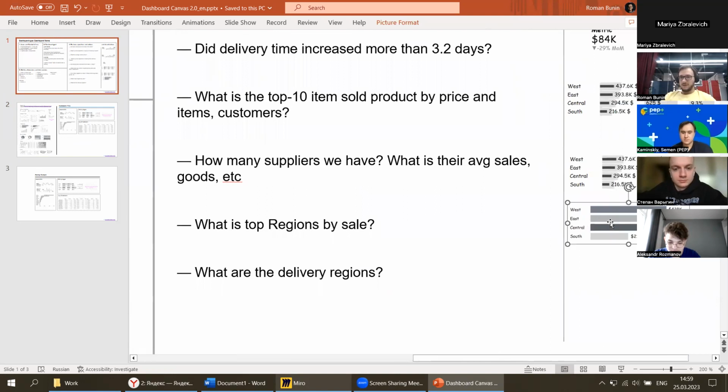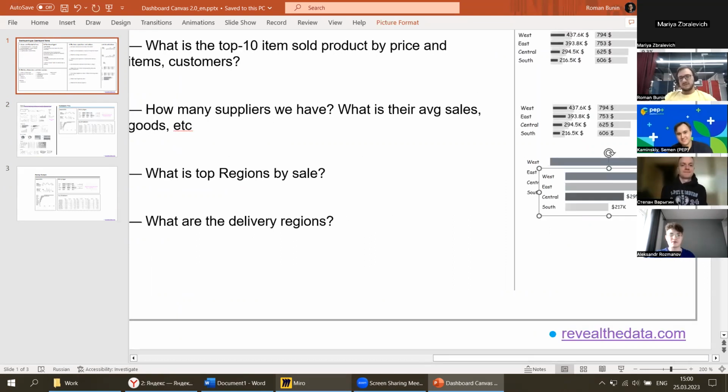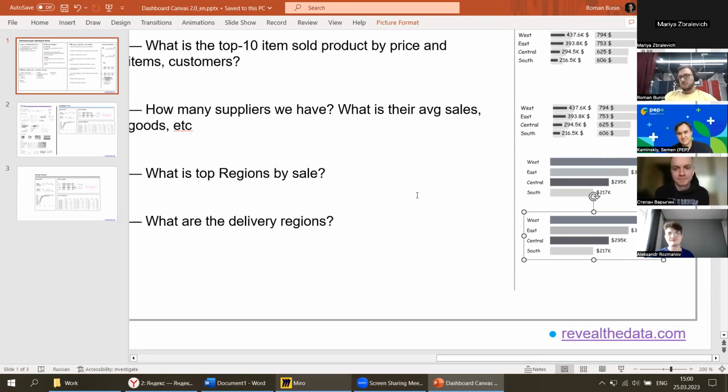Where do we deliver from my region that I am managing? We can again use a horizontal bar chart. It's okay. I would say it's a safe choice, but also